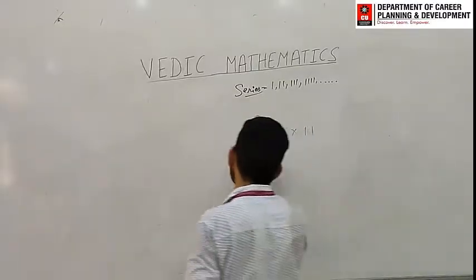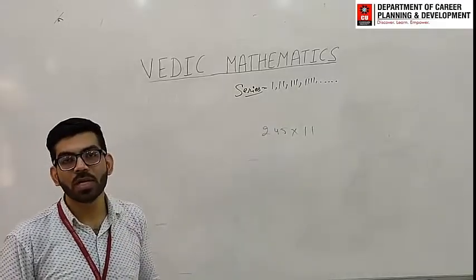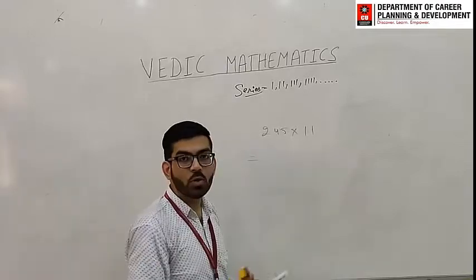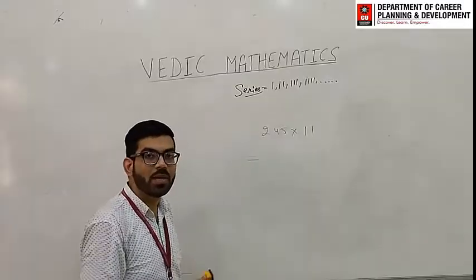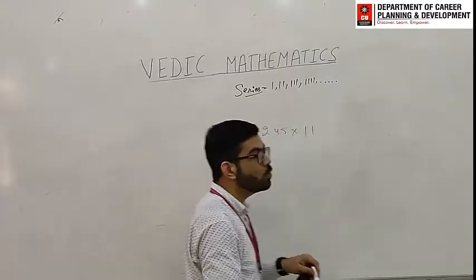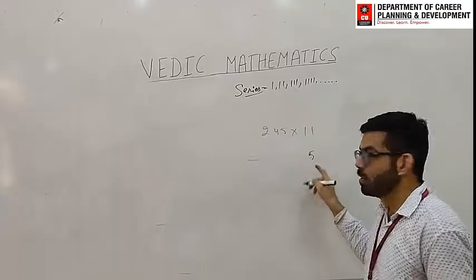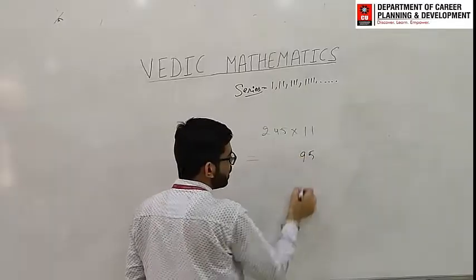So how will you solve that? Again the method is the same. Just count the number of ones. Number of ones are 2. And here is a 3-digit number. So again we have to follow the same steps. We have to add up to 2 digits because the ones are 2. That means the last number as it is, 5. Next part will be 5 plus 4, 9.